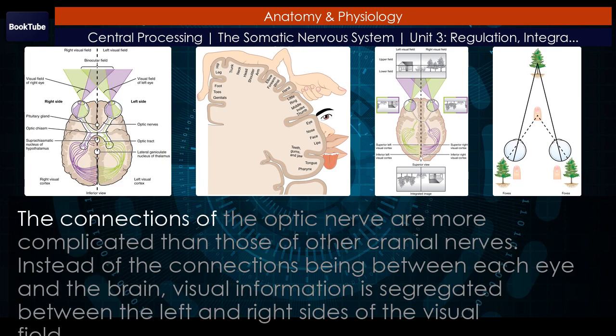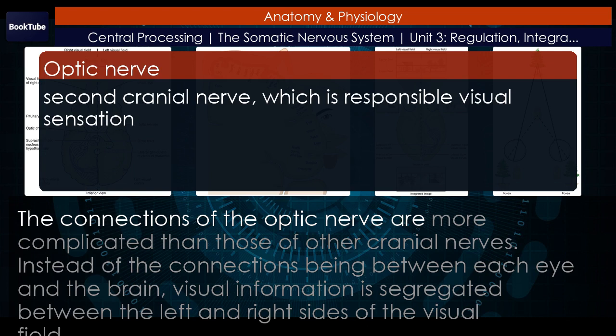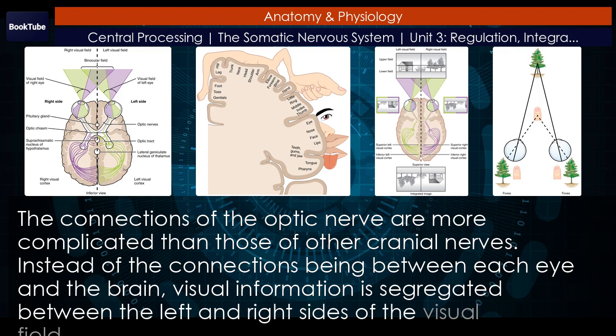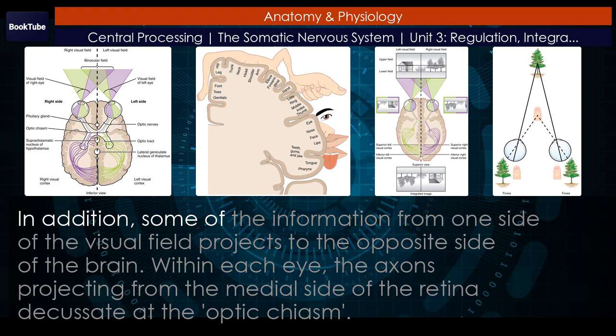The connections of the optic nerve are more complicated than those of other cranial nerves. Instead of the connections being between each eye and the brain, visual information is segregated between the left and right sides of the visual field. In addition, some of the information from one side of the visual field projects to the opposite side of the